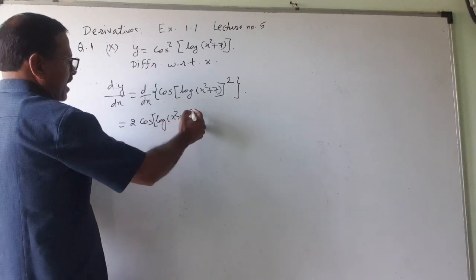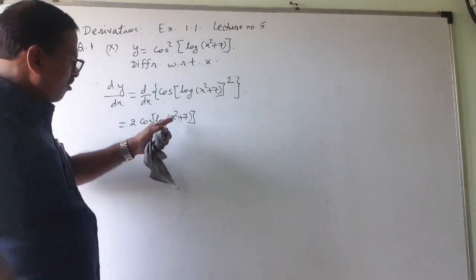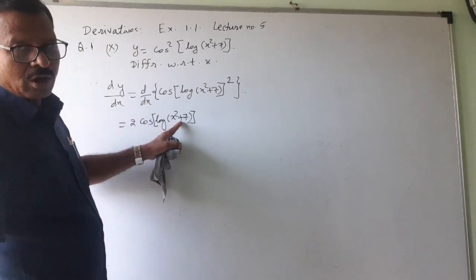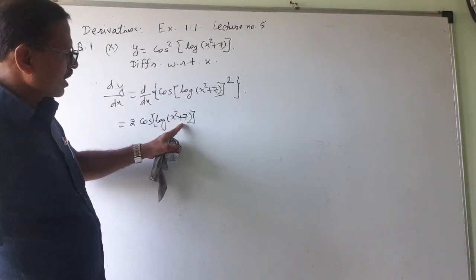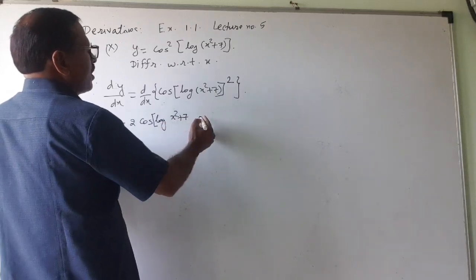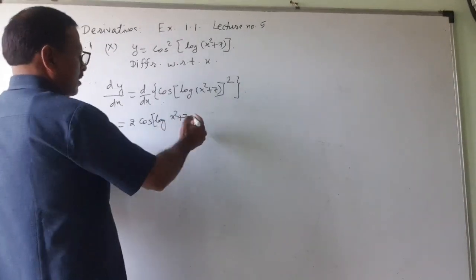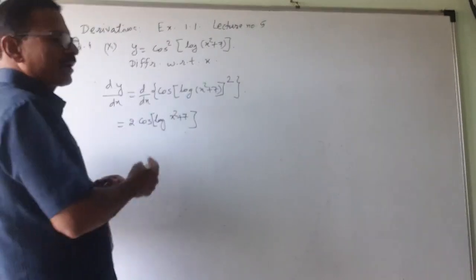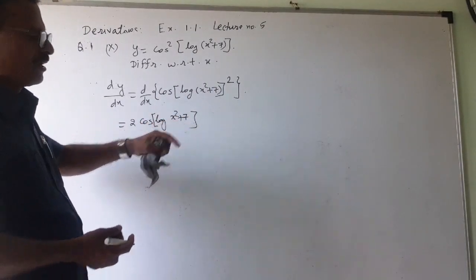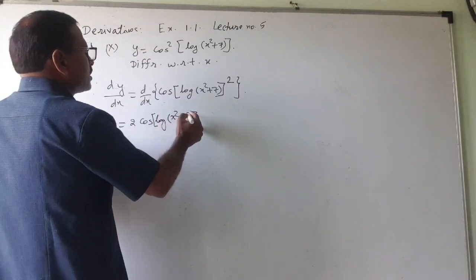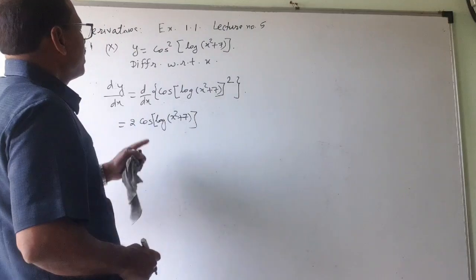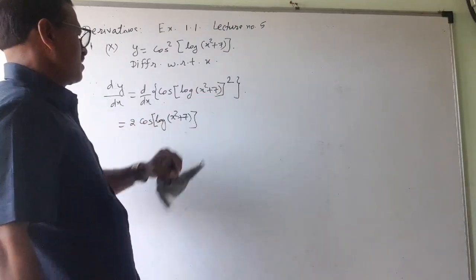Don't forget the bracket at the proper place. If you are not putting the bracket over here, then you are going wrong. 100% remember this. Somebody will write it like this, x square, and this 2. Wrong it is. It is only the log of x square and not of 7. So that's why for such terms you have to put the bracket. Raised to 2 minus 1 is 1.